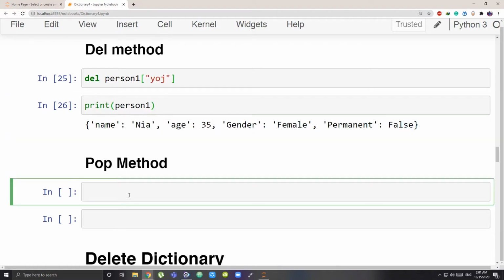Another method is the pop method. How do you use the pop method? So you have to write your dictionary name, that is person 1, then you have to write dot pop, that's a method that we will be using, and inside the bracket what do you want it to be popped. So again,